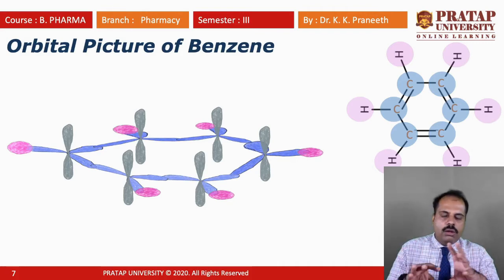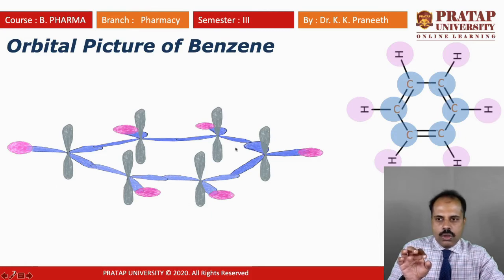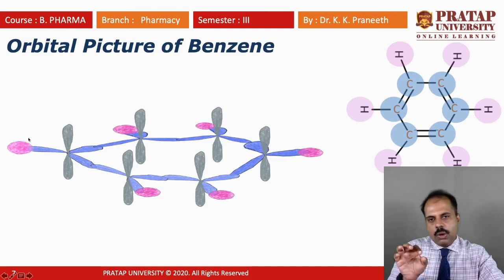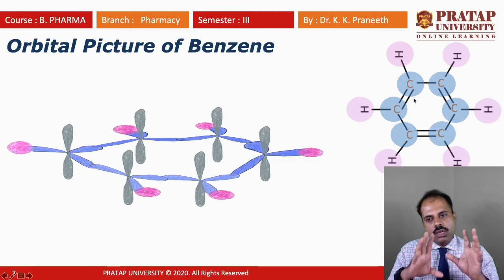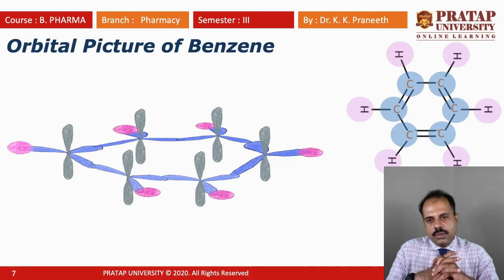So now we formed all the carbon-carbon bonds, okay, and carbon-hydrogen bonds. So carbon-carbon bonds we have formed through the orbital overlap, and all the carbon-hydrogen bonds are formed through the orbital overlap of s orbital and sp2 orbital. So what is now left is the formation of the pi bond or the double bond. So how can the formation of the pi bond or double bond be created? This is a question.